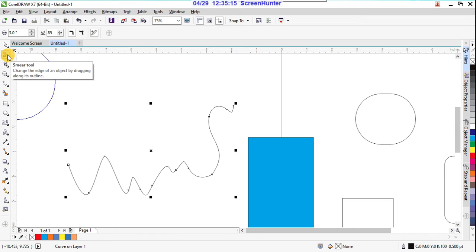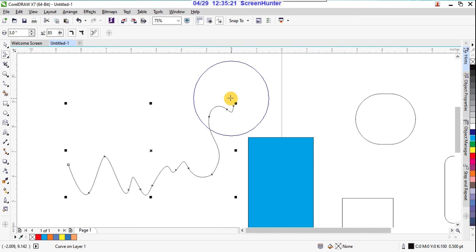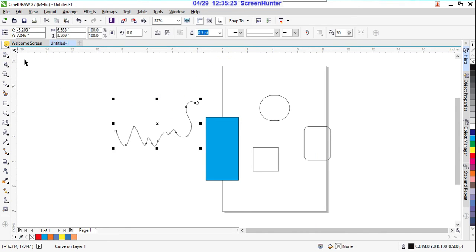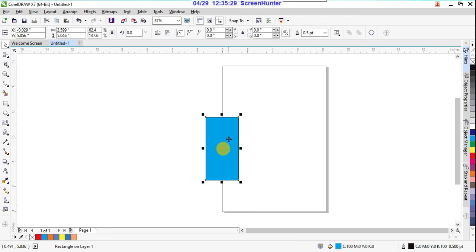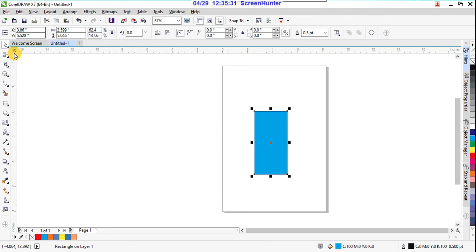So, change the shape of an object by dragging along its outline. Suppose here, I'll delete all these things, delete this, and delete this. Now check this: change the edge of an object by dragging along its outline.